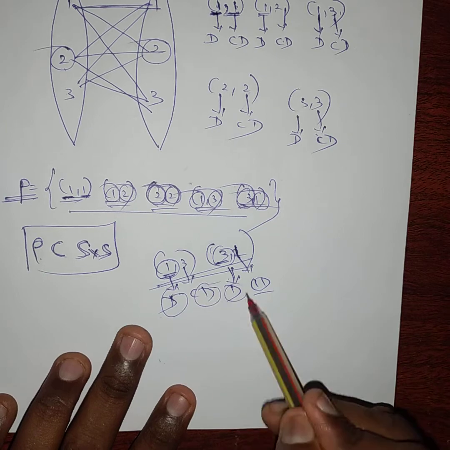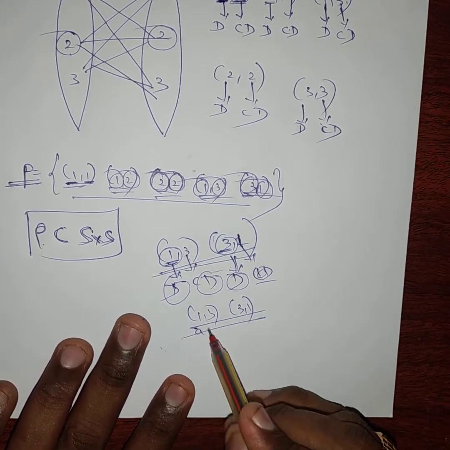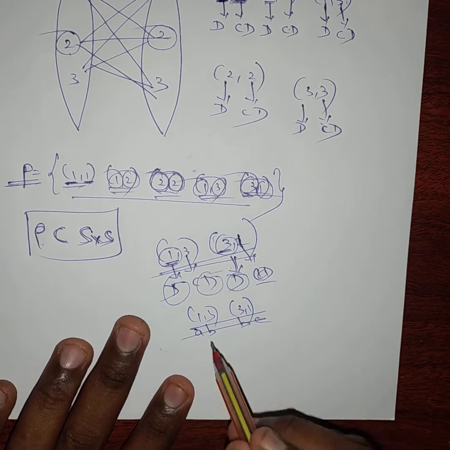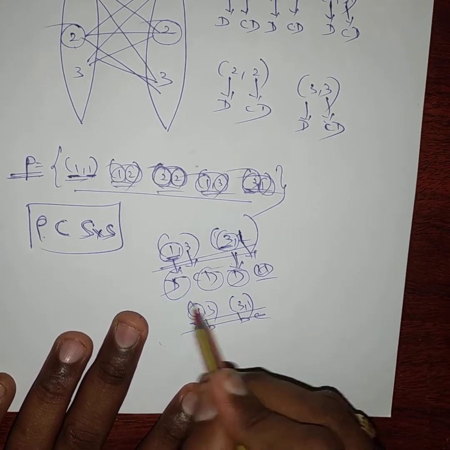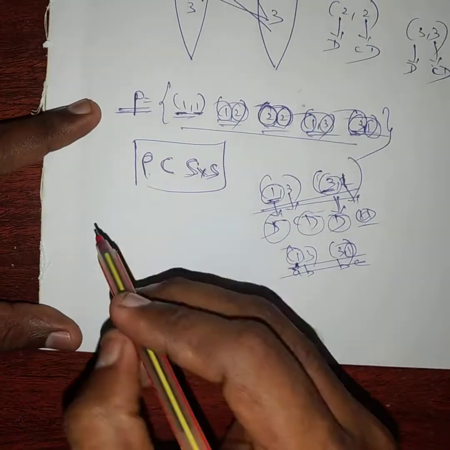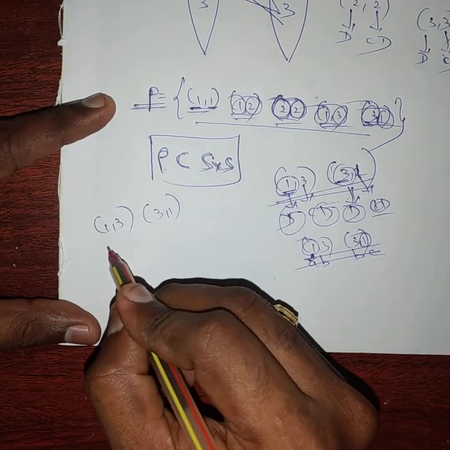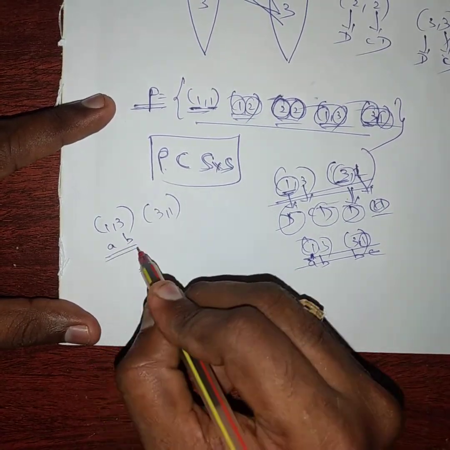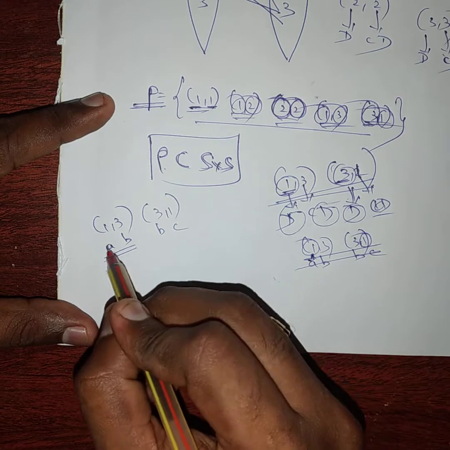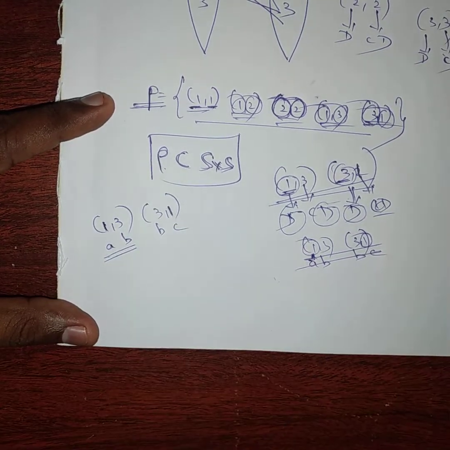Because of domain and codomain, we can take 1 comma 3, we can take 3 comma 1 also. No, this is A, B, this is B, C. Here A is 1, A is domain. Here 1 is codomain, no problem. Once again, here 1 comma 3, 3 comma 1. While taking transitive, we choose AB, and we choose BC. But here, if we see A is also 1, C is also 1, no problem here.